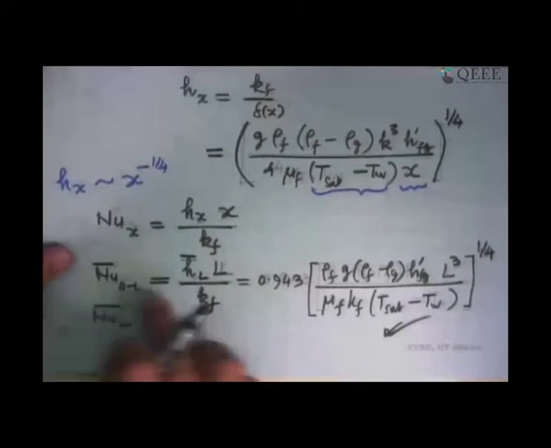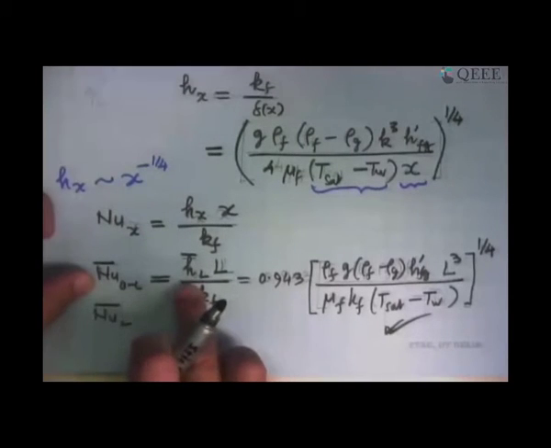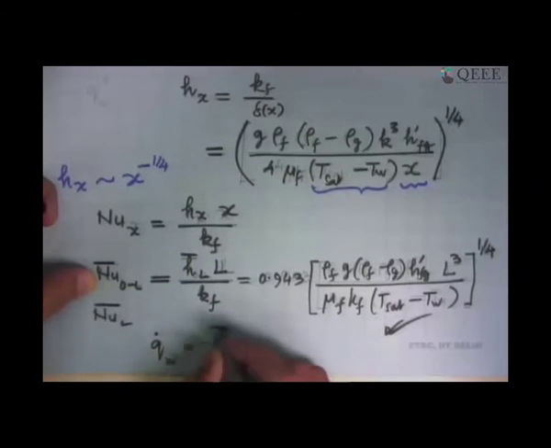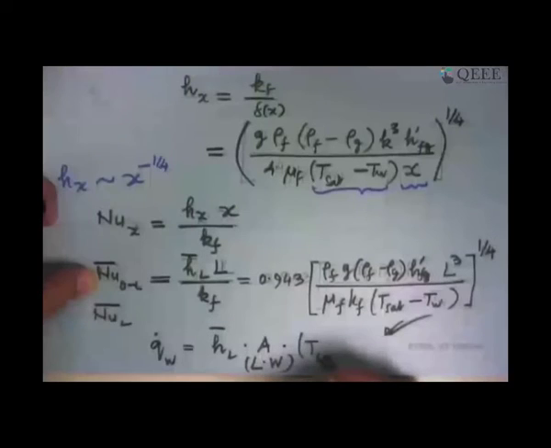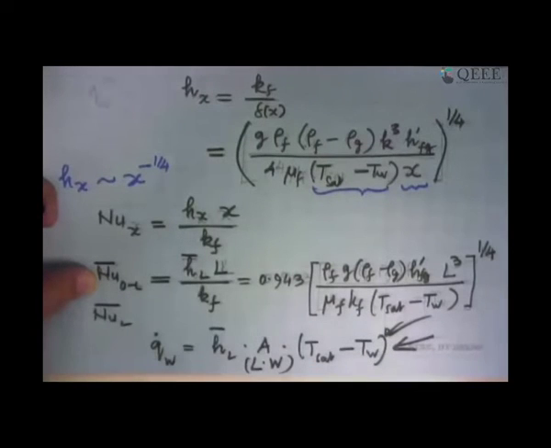And that tells you the average Nusselt number. From there you can then get the average heat transfer coefficient, and then Q dot at the wall. This will be h_L bar times the area of the plate, which is L times the width normal to the paper, multiplied by T_sat minus T_w, which was the enforced temperature difference. And that is the answer we are looking for. So we'll work out a little more and see if we can make this into a non-dimensional form.